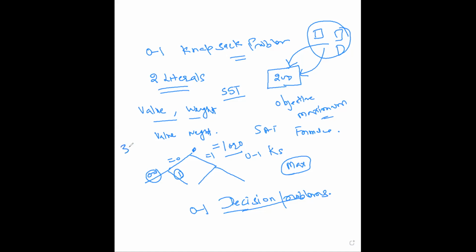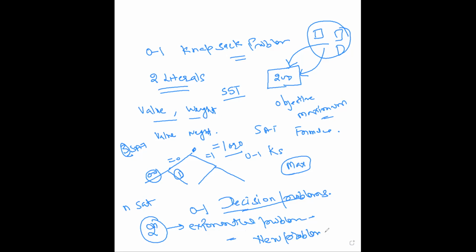मैंने आपको बताया था कि अगर 3 SAT से 3 की वैल्यू बहुत बड़ी हो जाएगी, लेट से n SAT हो जाएगी, तो उसकी कॉम्प्लेक्सिटी 2 पावर n हो जाएगी, which will mean that this is also an exponential problem. And we have many other problems which are exponential problems. So what we want to do in research, मैं आपकी बात नहीं कर रहा हूँ, in research what we want to do is whenever we design a new problem, जब भी हमारे पास एक नई प्रॉब्लम हाथ में आती है which is very hard in nature, that means no solution exists for that problem, the best thing that you want to do is you want to reduce it to SAT.